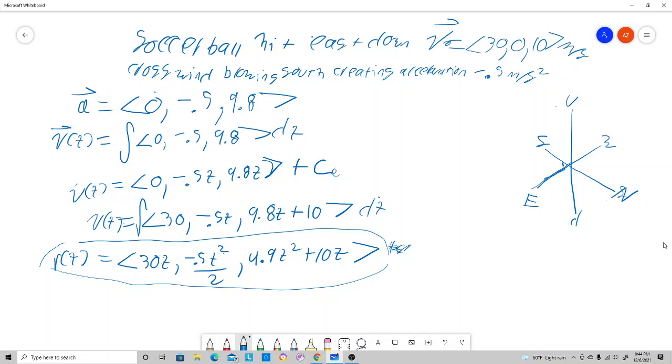The soccer ball is hit in the east direction, so it's definitely going to be towards this direction, correct? But then it says that there's a south wind, so it's going to be blowing it south, so it's going to be towards this quadrant. And because it's going up, and this is just a parabola,